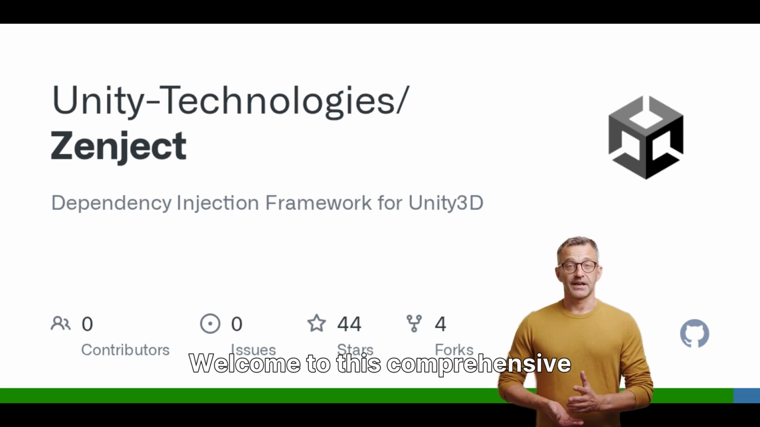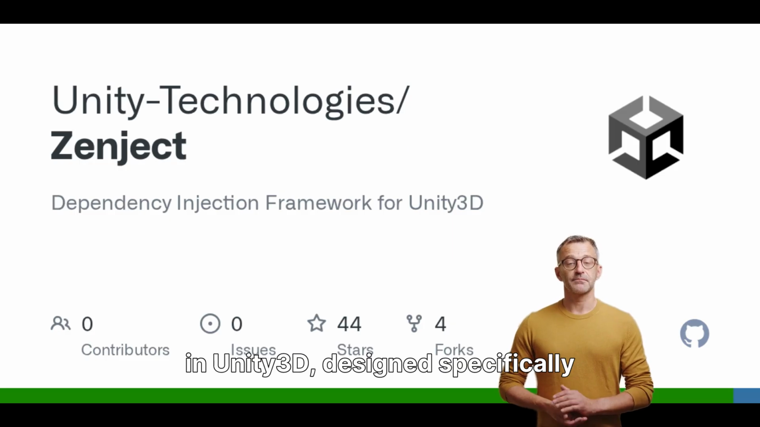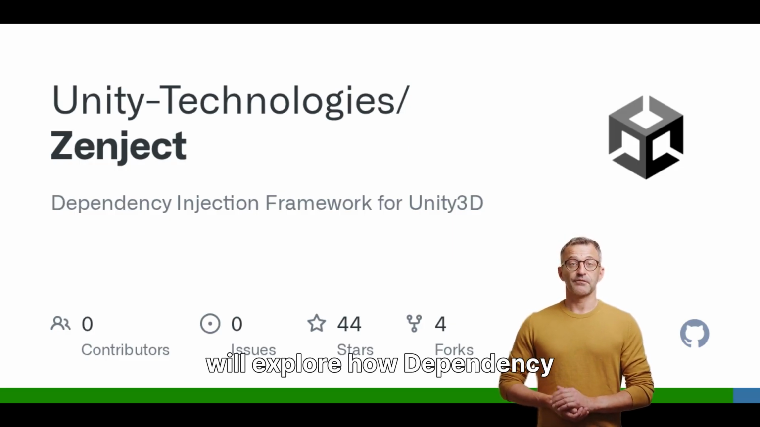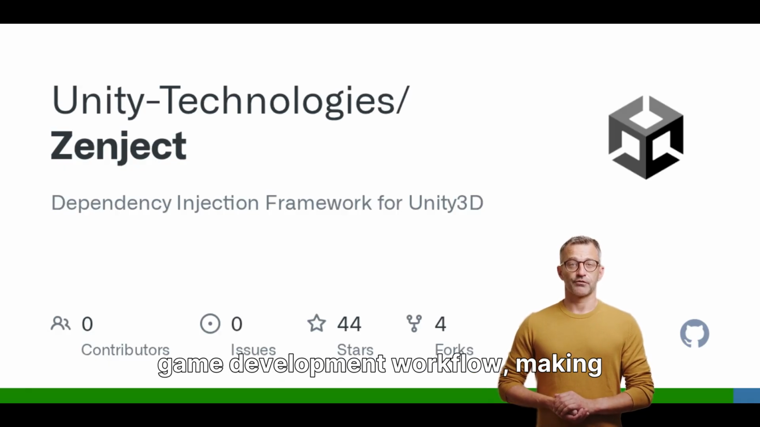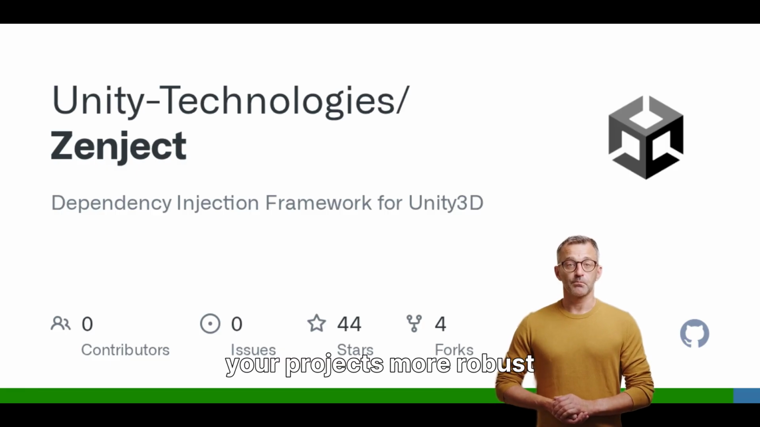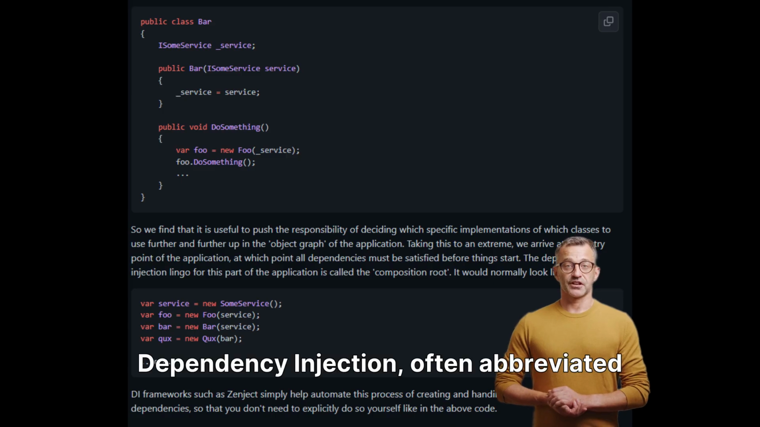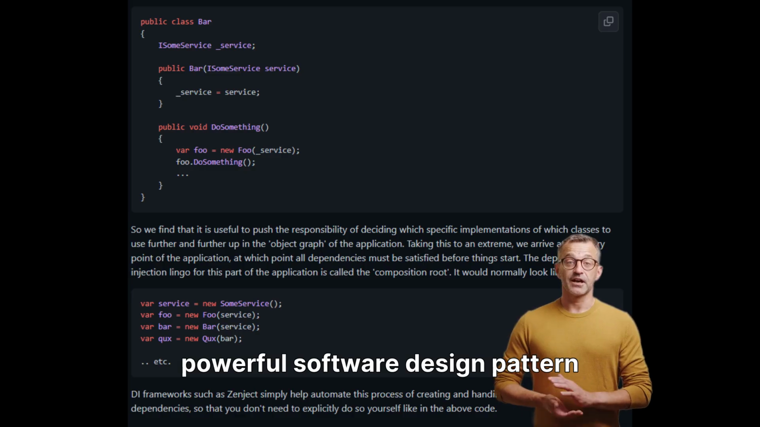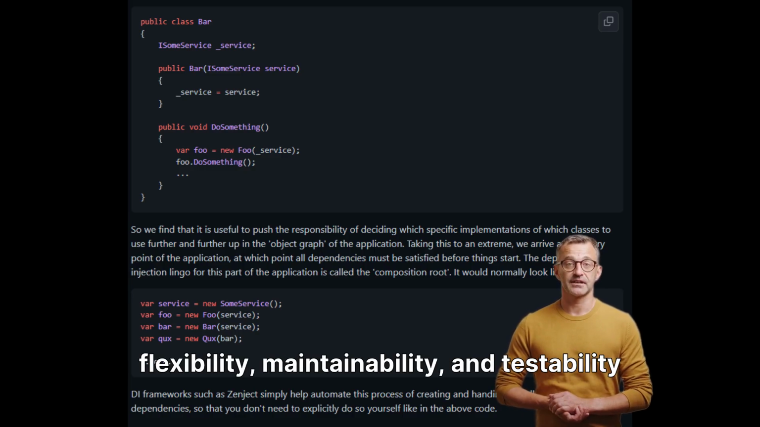Welcome to this comprehensive guide on dependency injection in Unity 3D, designed specifically for beginner game developers. In this video, we will explore how dependency injection can revolutionize your game development workflow, making your projects more robust and easier to manage from the ground up. Dependency injection, often abbreviated as DI, is a powerful software design pattern that significantly enhances the flexibility, maintainability, and testability